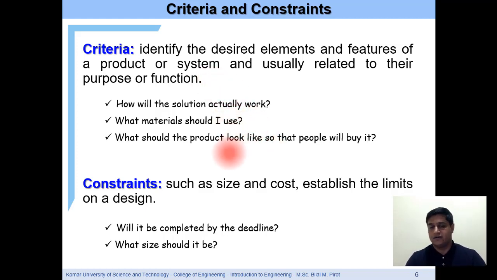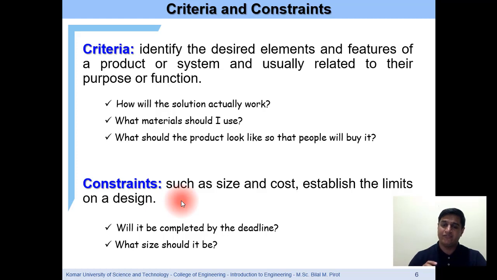This is about criteria. So constraints. What are constraints? Constraints such as size and cost establish the limits of a design. Okay, the limits on a design. So constraints normally are the limitations that you will have during manufacturing, during producing something. It means